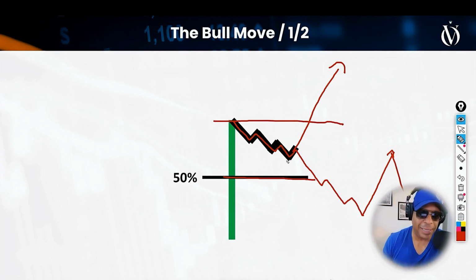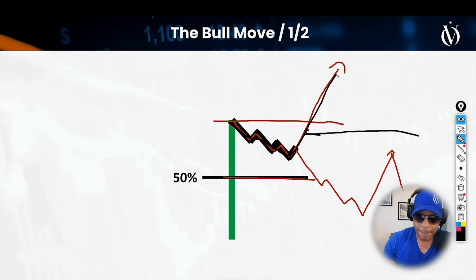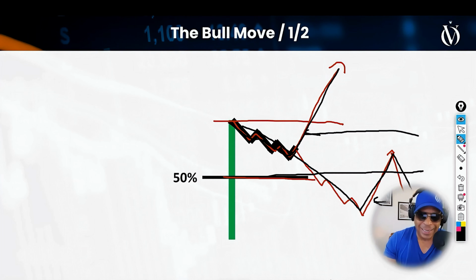There are so many market players that do not know how to judge whether a surge back to the upside is likely to fail and be for naught versus when you should bet on that surge to the upside. You want to bet with this one to the upside. Boom. But you don't want to bet with this one that is broken through the 50% mark, because that one's likely to get slammed